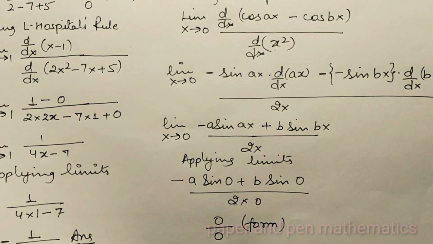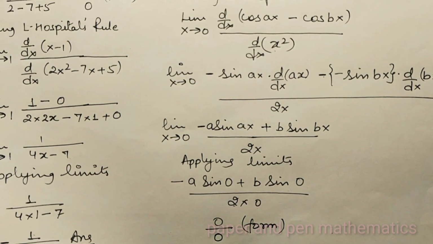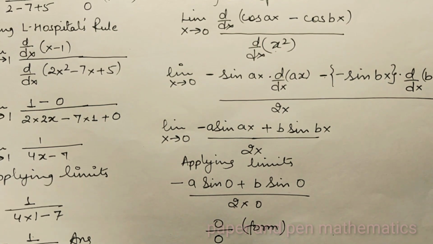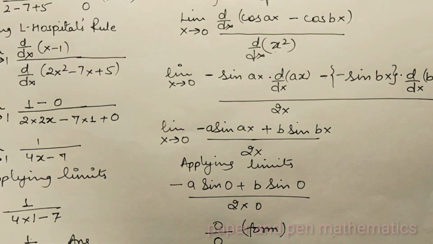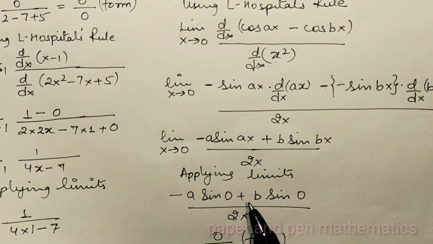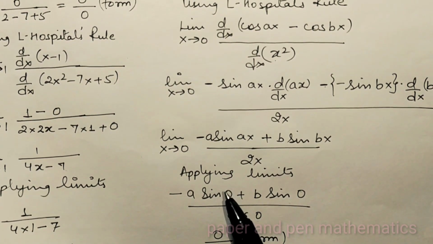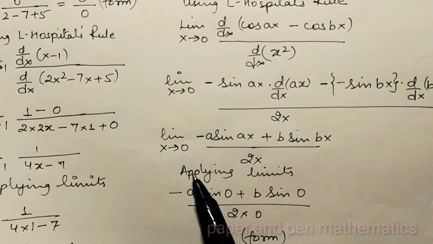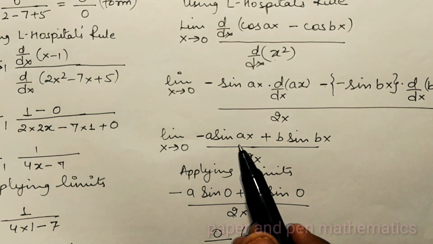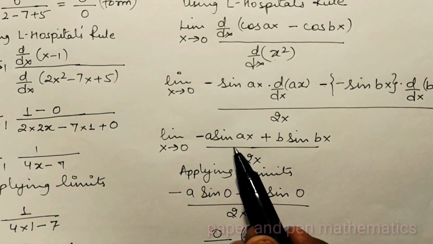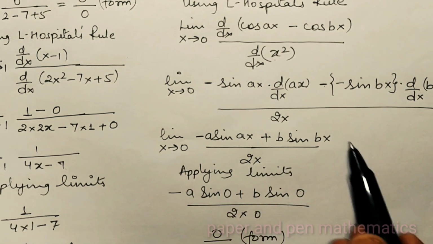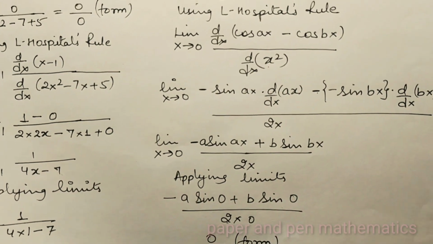the indeterminate form. So what we have to do? So we will apply L Hospital rule again. Now where we will apply? In the question? No, we will apply L Hospital rule in that part where you have applied limit for the last time. Like you have applied limit over here in this part for the last time, so we have to apply L Hospital rule in this part of the question, in this part of the solution.